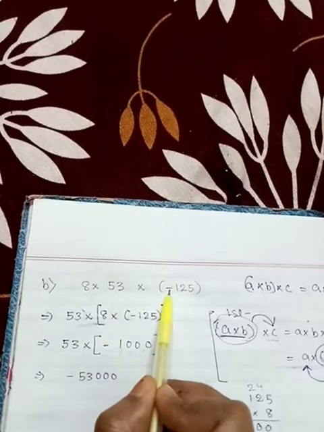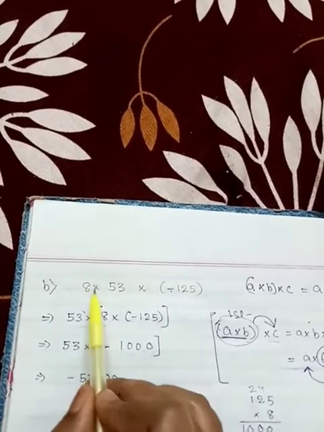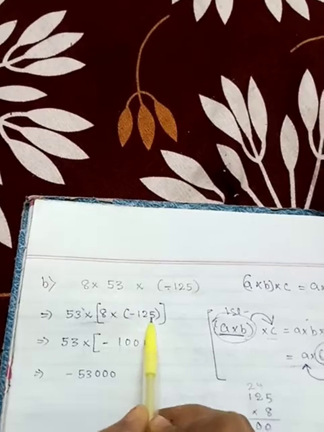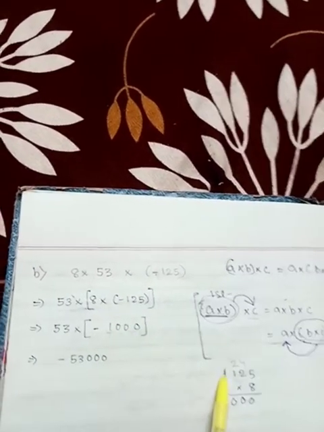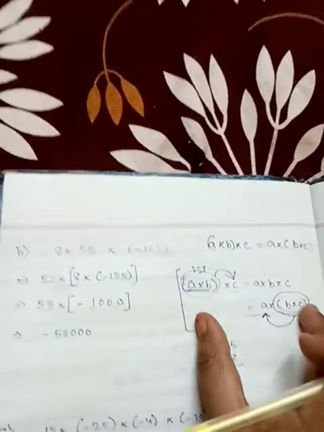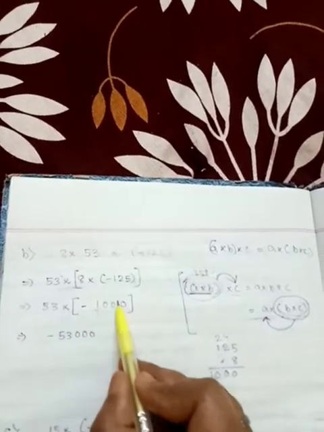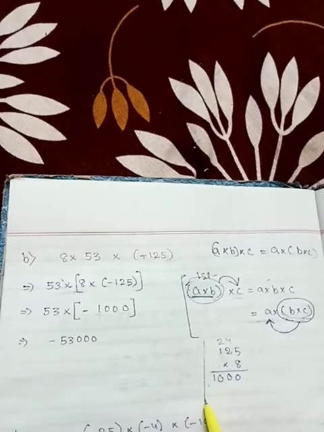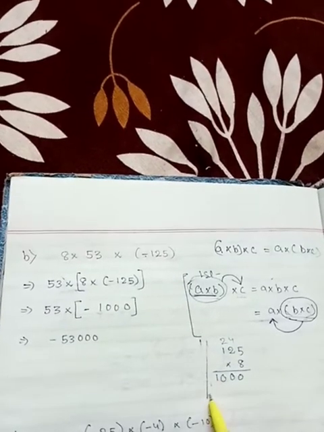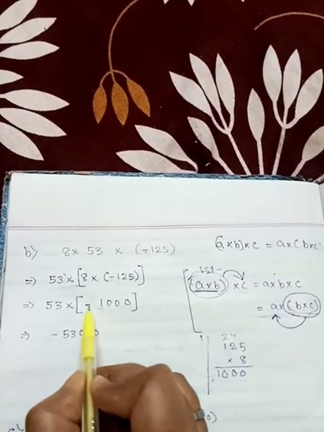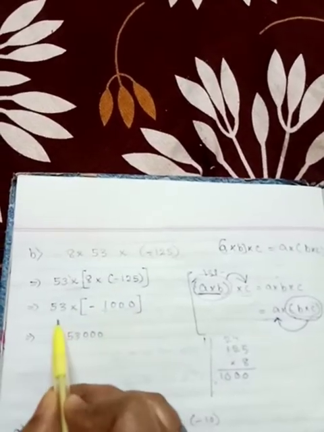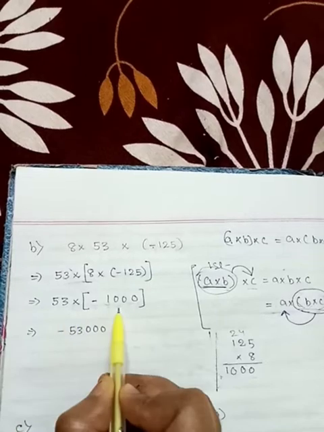First we have to multiply 125 into 8. After multiplying 125 into 8 we got 1000. You just do this type of multiplication on your rough side. If you are having doubts, just do it. Just multiply like this, plus minus minus, and after opening these brackets, see how easier it became.